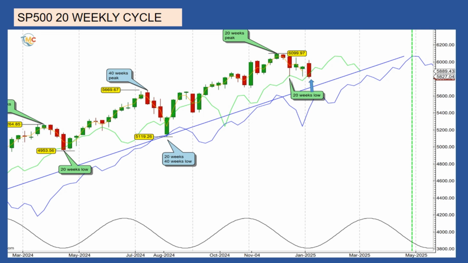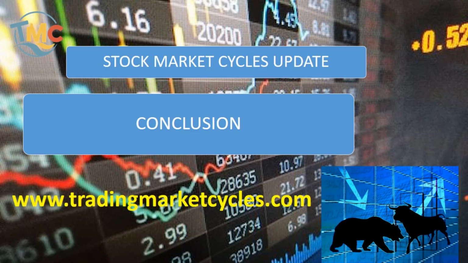Like mentioned on the previous update, the last 20-week cycle low found support on December 20th, 2024, right on its cycle line, like expected. The next 20-week cycle low is expected on the April 26th week. Due to the principle of synchronicity, this low will also be the 40 weeks and the 18-month cycle low. Technically, this week we should have the confirmation of the crossing. In conclusion, the 20, 40 weeks and 18-month cycles of the American stock market are in down phase. We can expect more decline until mid-April 2025, when the next 18-month cycle low is expected to form.